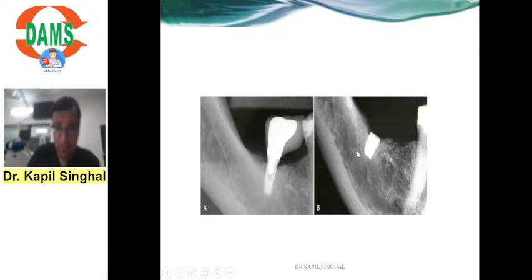So anyhow, please make sure when you position the first drill, how do you position it? You position the first drill by keeping it at a distance of 2 mm plus the radius of the implant. Suppose my implant diameter is 4 mm. So half of 4 is 2, plus the distance from the tooth, 2 mm. So I'll position my first drill at 2 plus 2, 4 mm. When I drill, I'll be able to place my implant at a distance of 2 mm